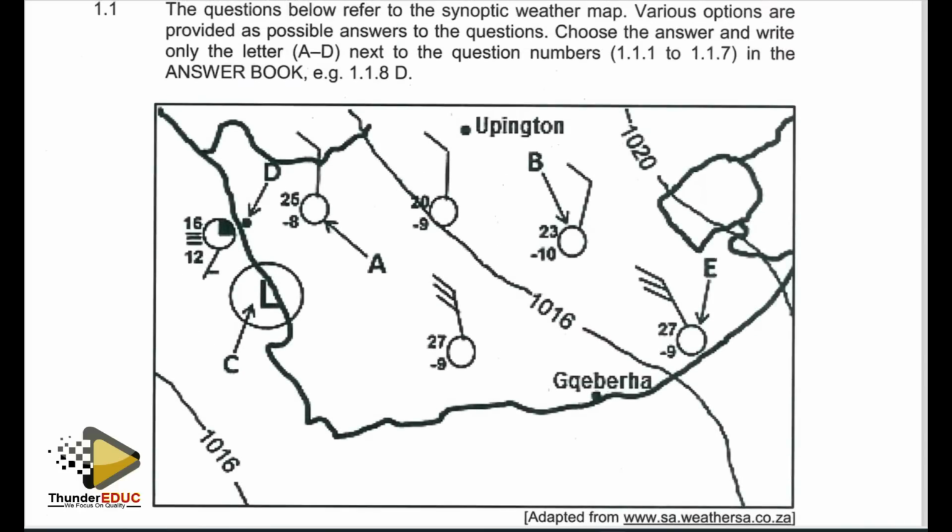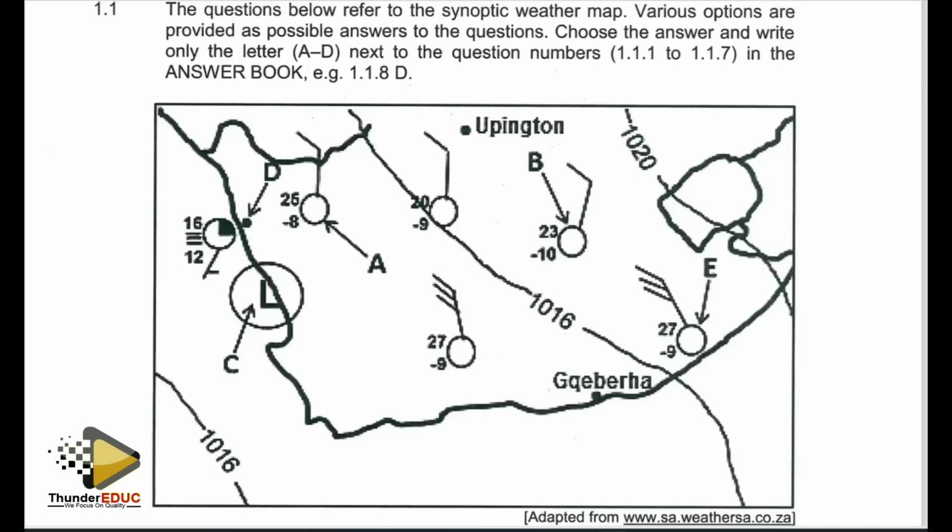Right, we move on to the next question, question number 1.13, which says the atmospheric air pressure at weather station B is dash hectopascals. Right, we check again on our Synoptic map. Station B is located here, and the pressure for this particular weather station is not indicated for us. We need to use map interpretation skills. We check the isobars closer to that station. If we check our isobar here, we have an isobar with a reading of 1016 hectopascals, and we have our station B as we go to the north